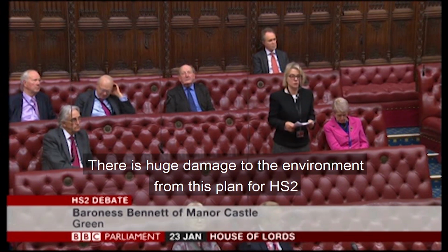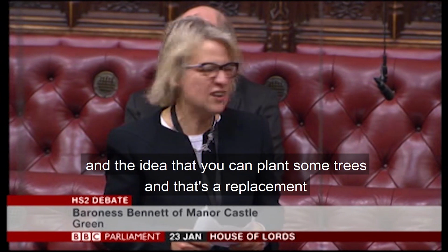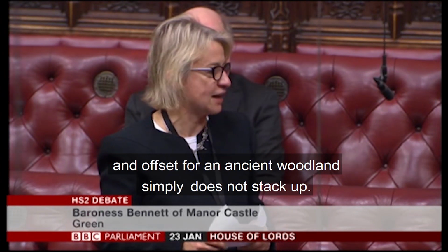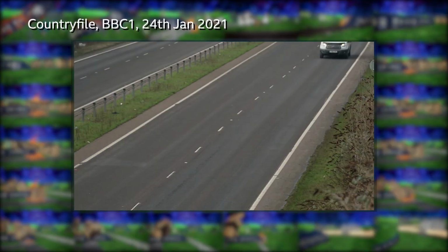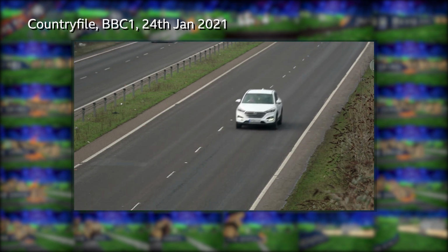enhances the natural environment. There is huge damage to the environment from this plan for HS2. And the idea that you can plant some trees and that's a replacement, an offset for an ancient woodland, simply does not stack up. But of course, HS2 is far from the only transport project the government is hoping will